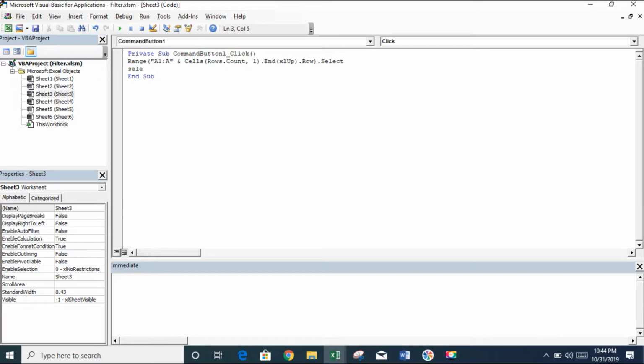Now Selection dot CurrentRegion dot TextToColumns,